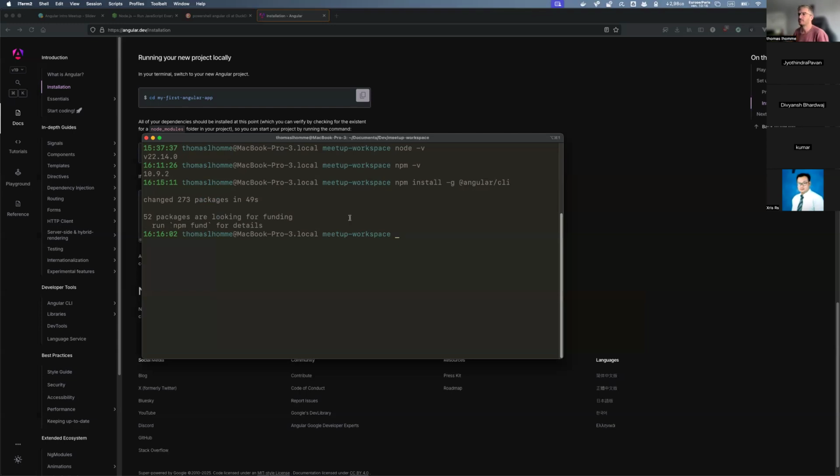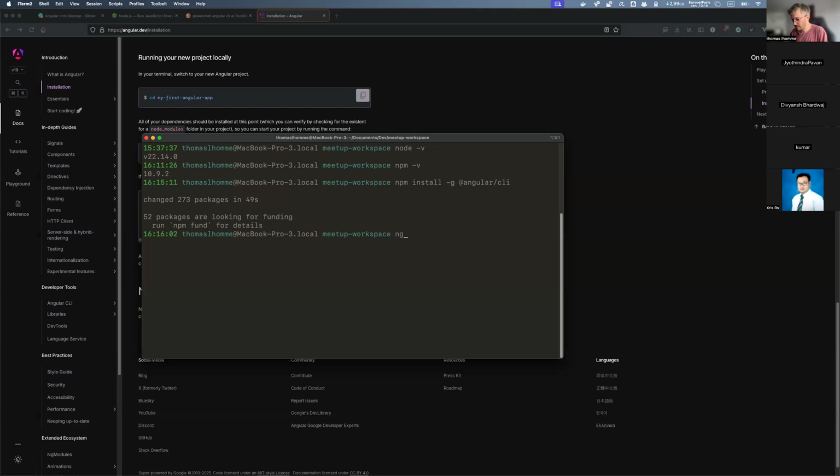Okay, great. So what is it? For me, it's written changed, right? But for you, you probably have added 273 or whatever packages. Once you have done this, it means that you will have a new command available. This command is ng. Everything about Angular is called ng, right?